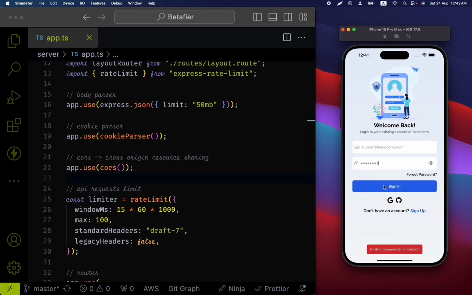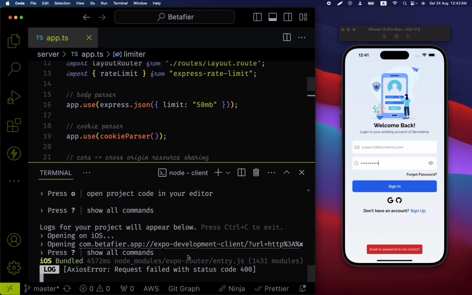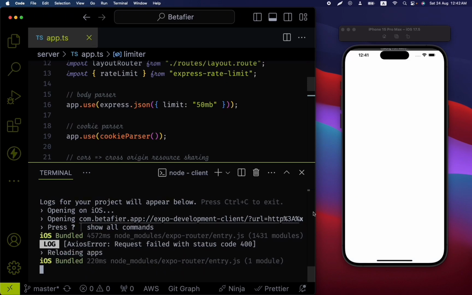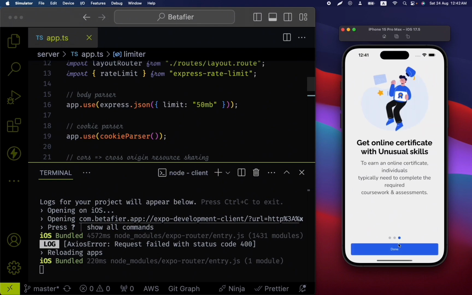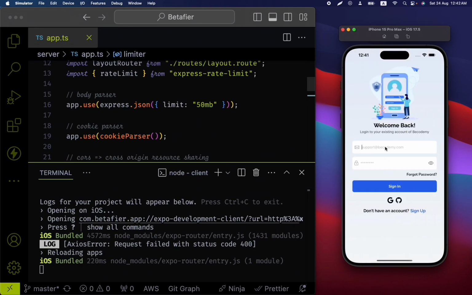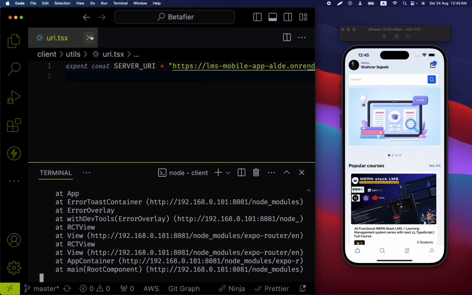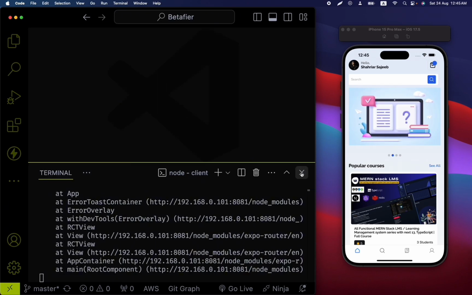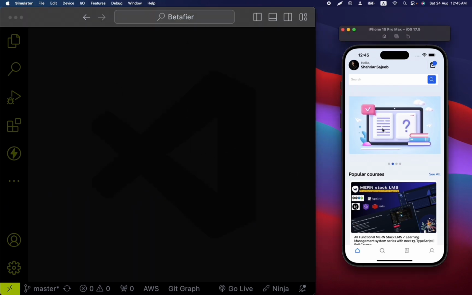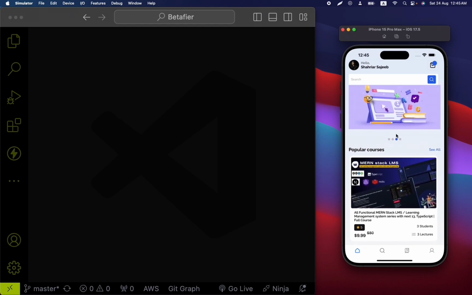Hit sign in. Axios error, given reload actually. This is really weird to see that it's giving Axios error. Alright, it was giving error because I entered the wrong informations, like the email was wrong, that's why. But right now, notice after entering the correct email and password, it's right now taking me to the main app